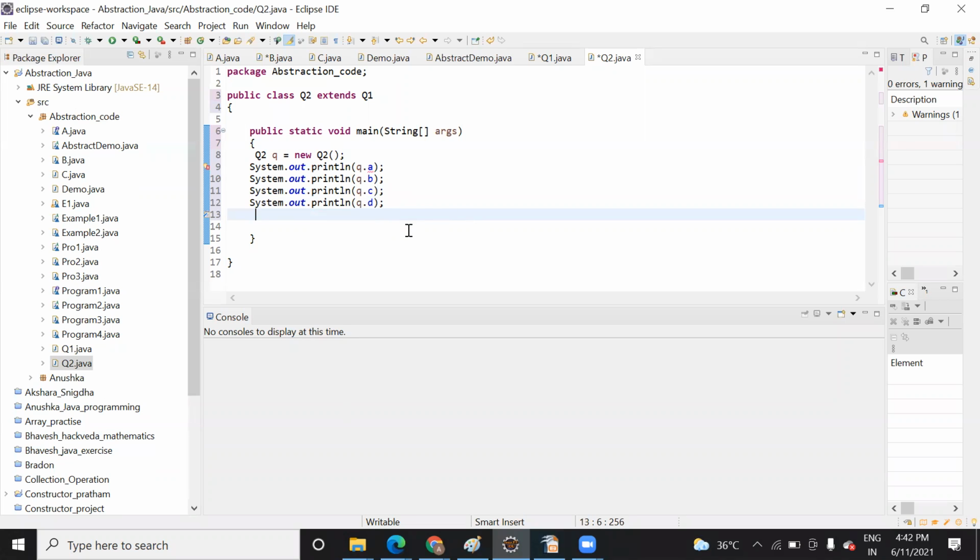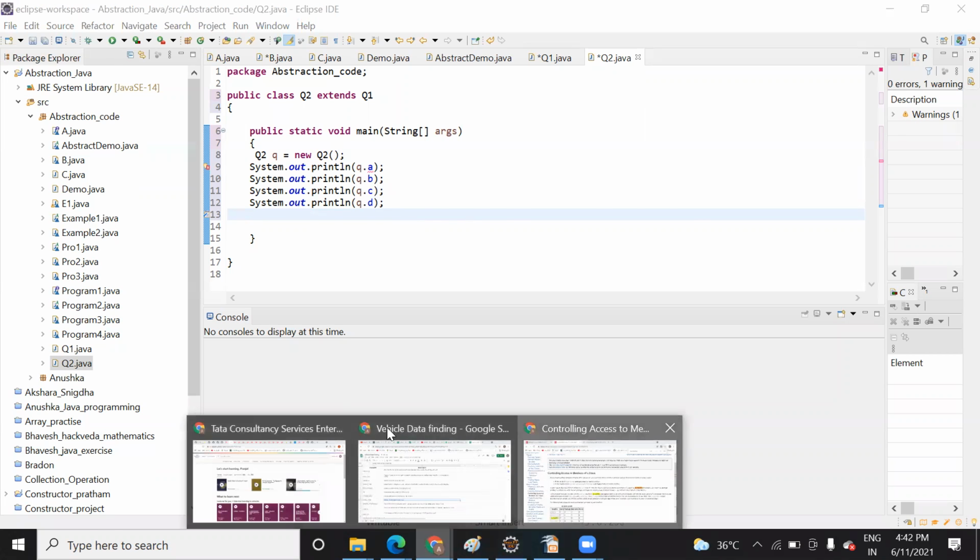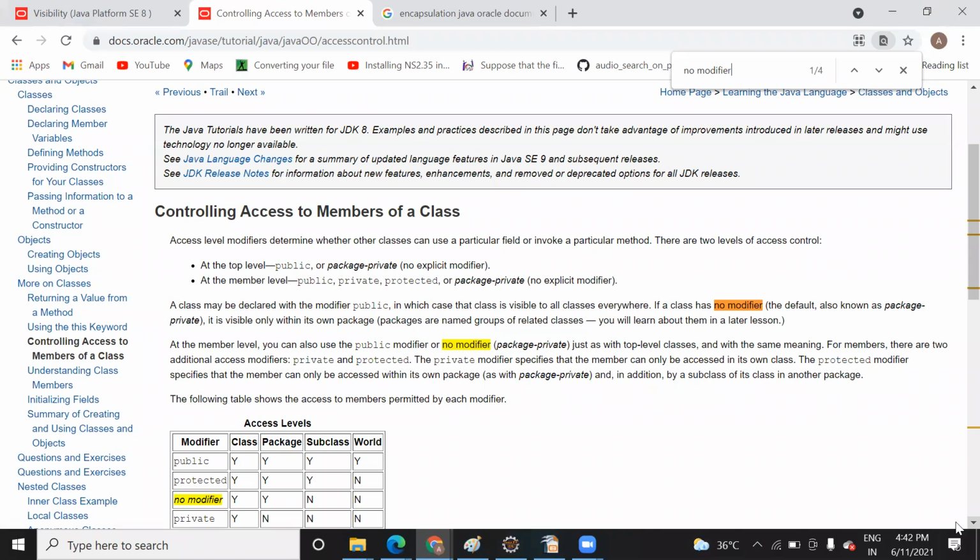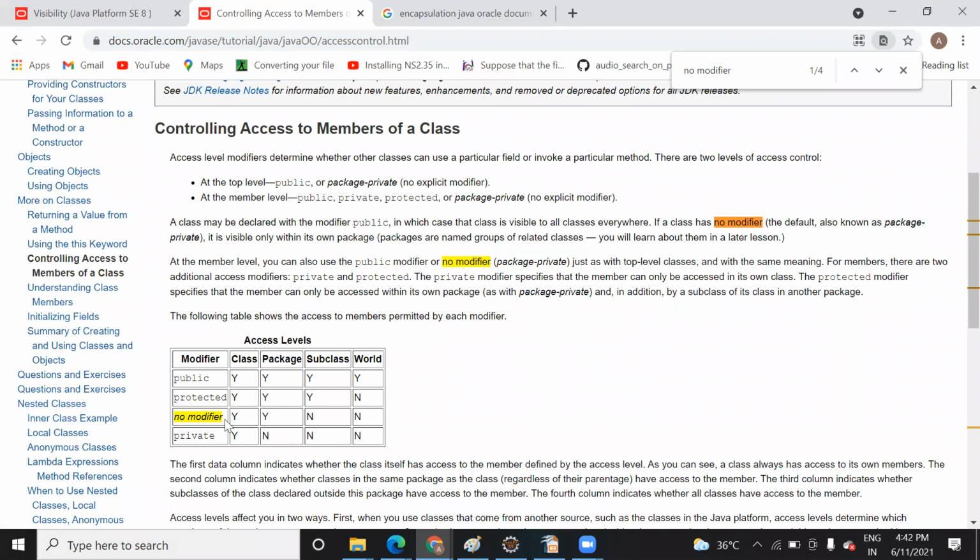There is no error, right? So when we do not declare, what we have seen here is that if you do not declare any modifier, no modifier, then it is accessible within the class and within the package. But not in the subclass and the world.